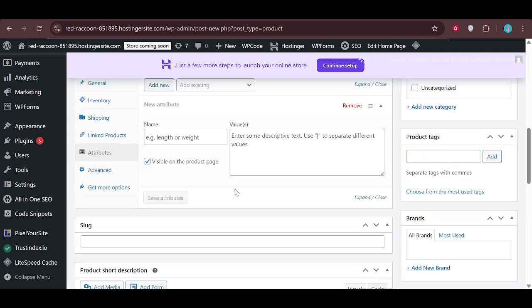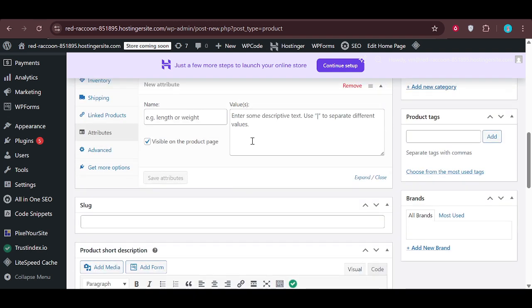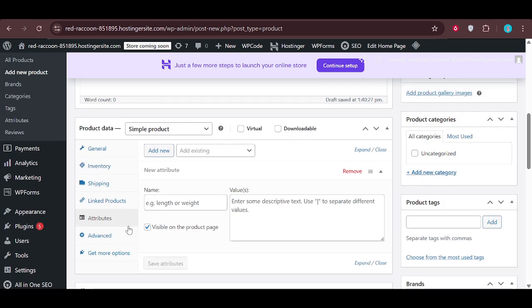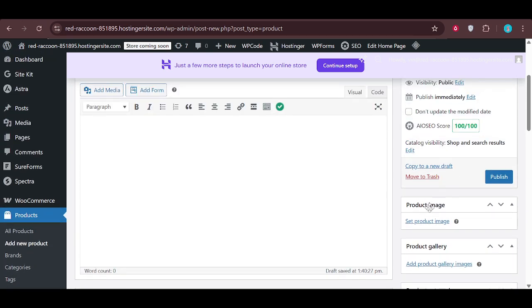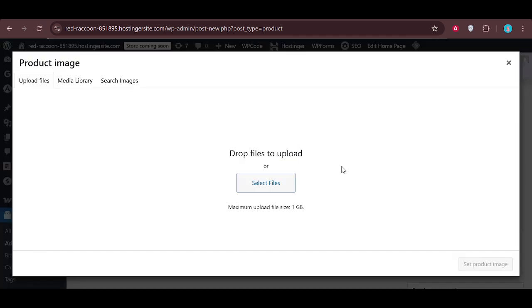set up variations later. On the right-hand side of the screen, you'll see a section labeled Product Image. Click Set Product Image. This opens your media library where you can either choose an existing image or upload a new one from your device. Select a clear, high-quality photo that represents the product well, then confirm your choice so it appears as the main